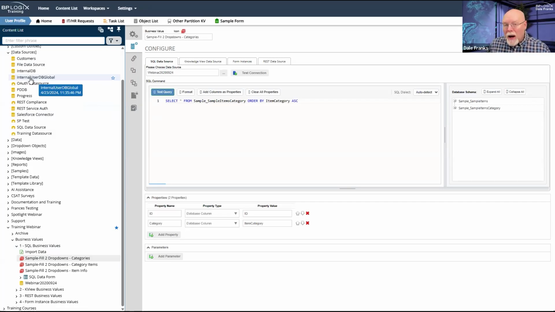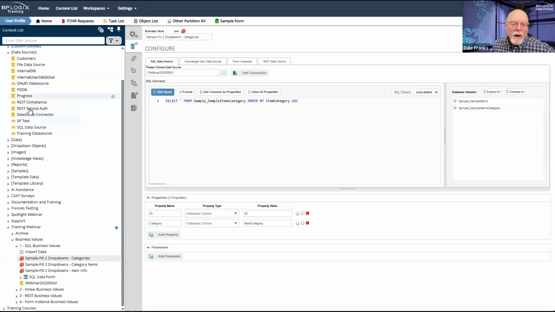The same thing applies if you have a regular SQL data source that is actually pointing to a database. So let's say that you're on premise and you have a test database that is on SQL Server somewhere, and then you have a production database. Well, on your dev and staging systems, you would still have that database.